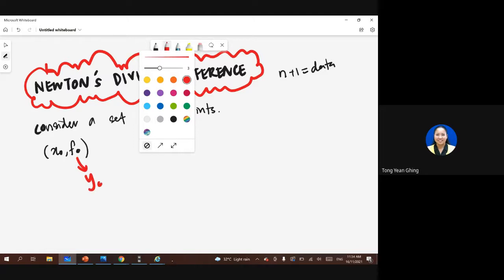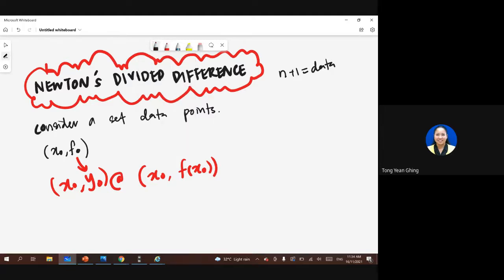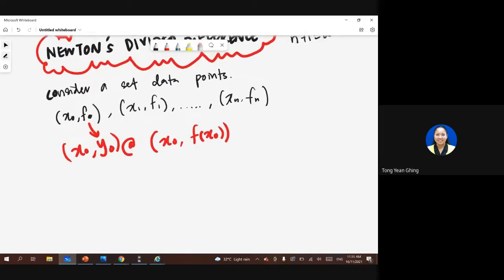So you can say this is a y naught. That means this is x naught, this is y naught. Or before this, we learned it as x naught, f of x naught. This way is also fine. Okay, so let's say we have this point, x naught, f naught, and then x1, f1, and then until xn, fn. So by using Newton's divided difference method, we will come up with a polynomial